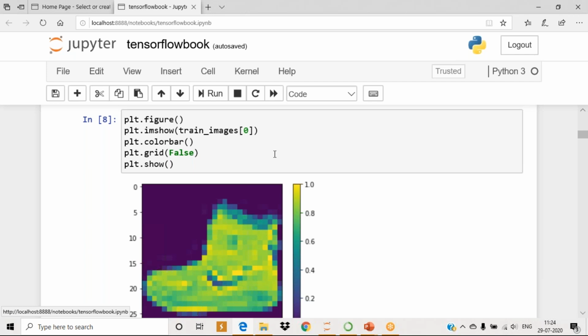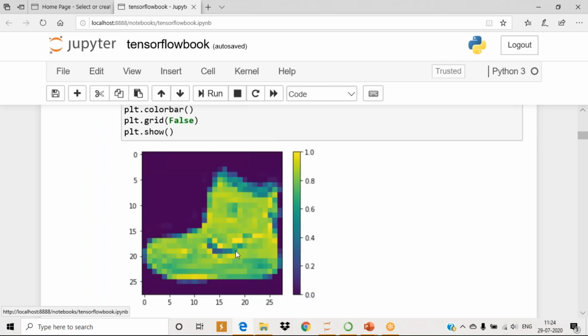What is the image you are going to display? The first image. First image means train images of 0. So 0 represents the first image. So imshow train images of 0. I already told you the first train label: 9. So 9 is the ankle boot. See here, the first picture is your ankle boot. So that image you are going to print in this plot.